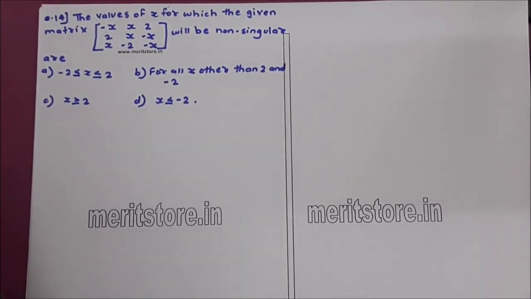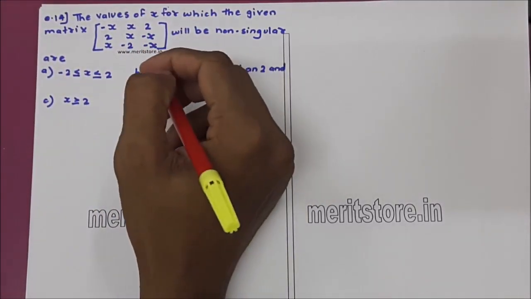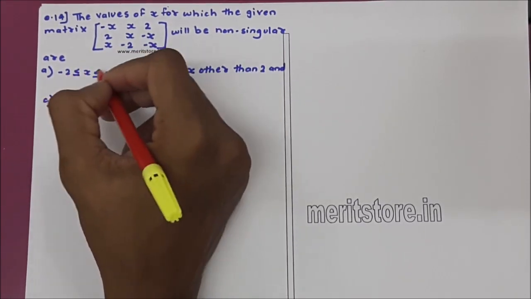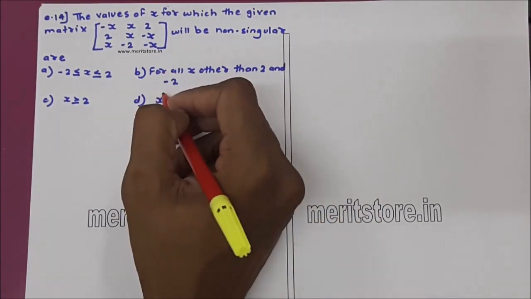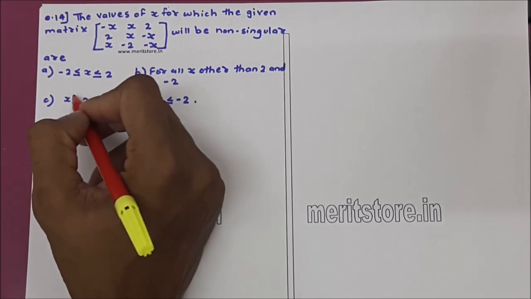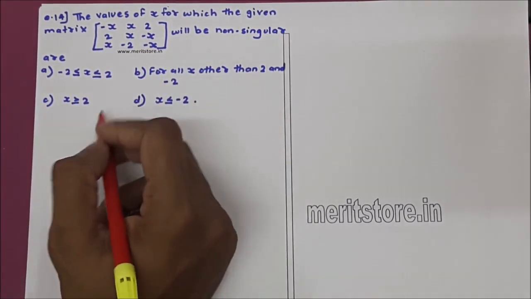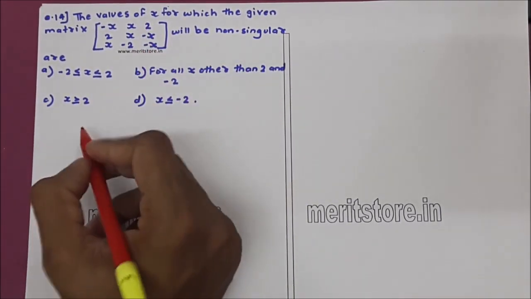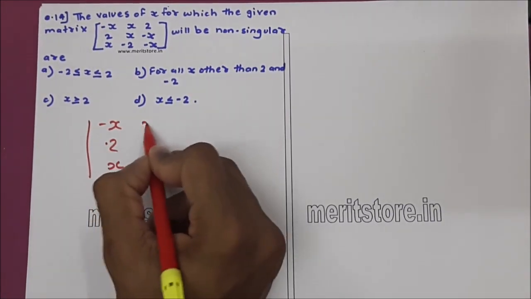Question 14. The value of x for which the given matrix, we have a 3 by 3 matrix in x, will be non-singular. We have 4 options: A, x greater than or equal to minus 2, less than or equal to 2. B, for all x other than 2 and minus 2. C, x greater than or equal to 2, and D, x less than or equal to minus 2. We know that the matrix is non-singular when the determinant of the matrix